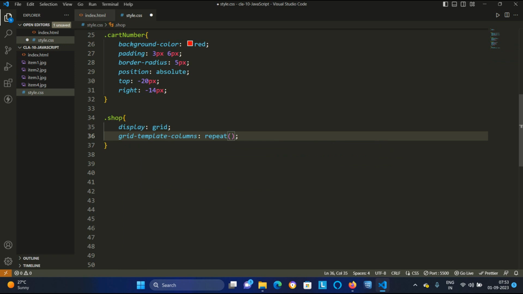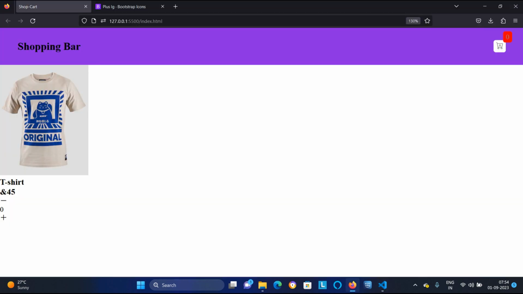So I have told the SOAP to use grid, and repeat will give you the columns, and that column should repeat 4 times. Then the width of this column I am saying, suppose fix it to 220 pixel. Go back. No changes are coming right now.